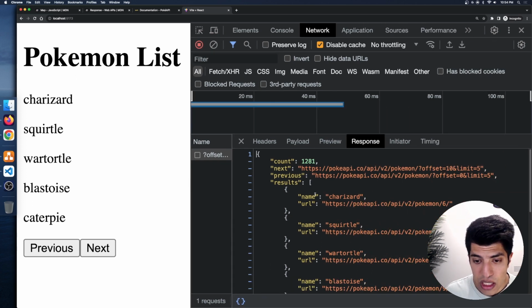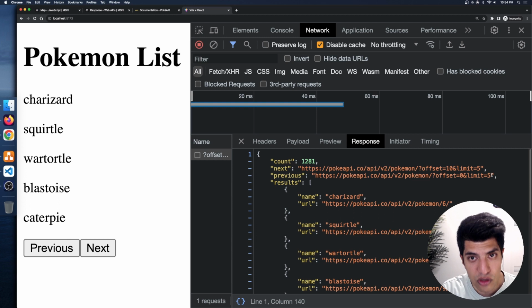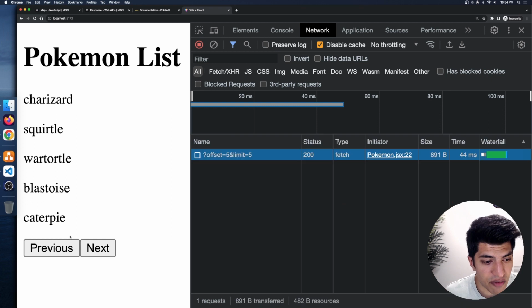You can see that there is a next for offset 10, limit 5. And then the previous is, as we'd expect, offset 0, limit 5. So if you think of the math for this, we are currently at offset 5, limit 5. So previous is offset 0, limit 5, and next is offset 10, limit 5, which kind of makes sense. So that makes sense. If I click next now, I'm going to be doing offset 10, limit 5, which is